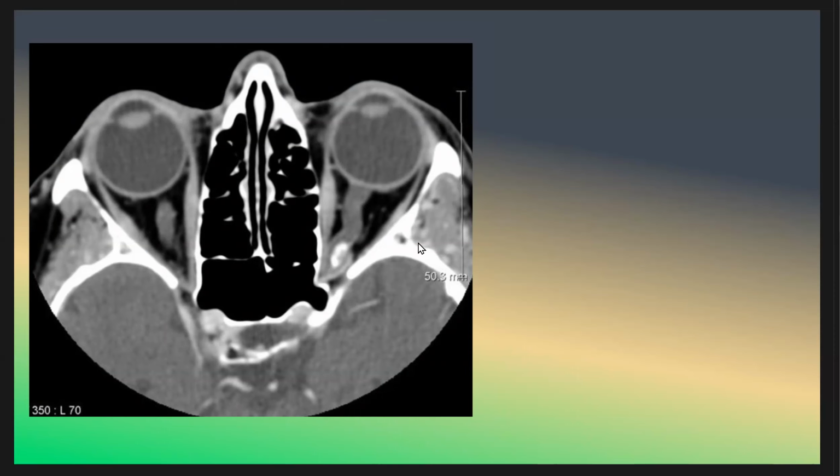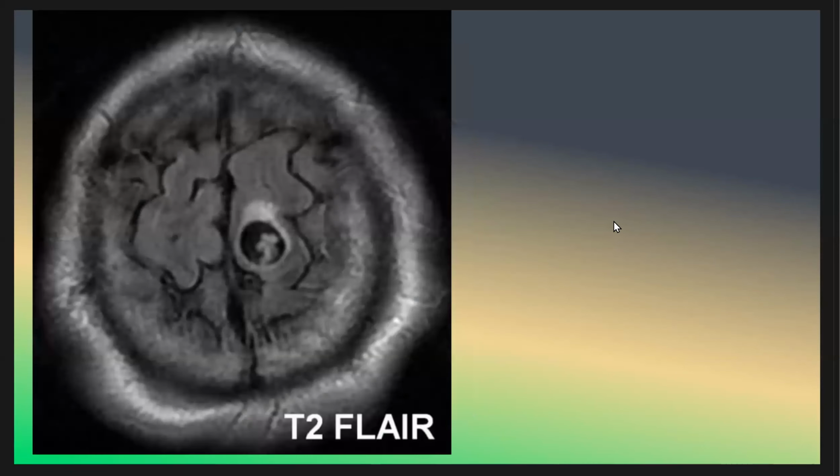This patient has optic nerve meningioma, as we see here, with calcification, and the radiological sign is the tram sign. So this is optic nerve meningioma with tram sign. We move to the next case.